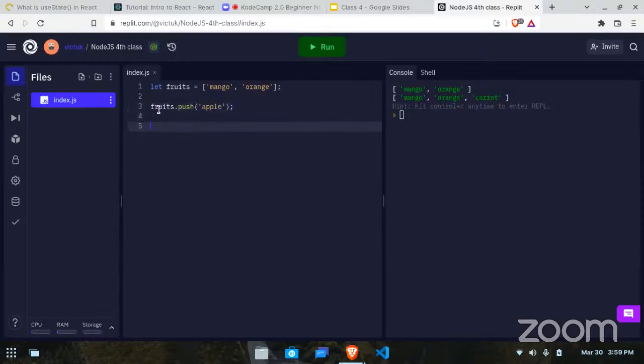Now, of course, you notice that this push alters the way this fruit is. So it's not as if it returns a new variable, it directly alters the original source. So if we do console dot log fruits,